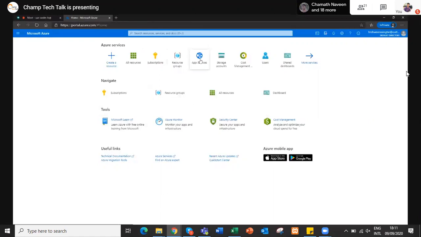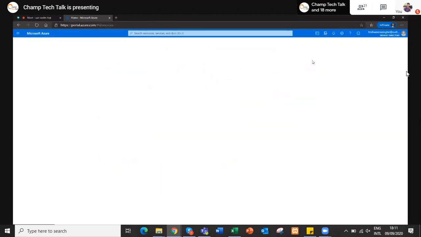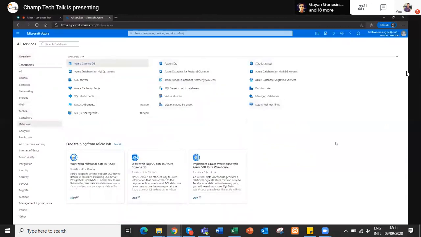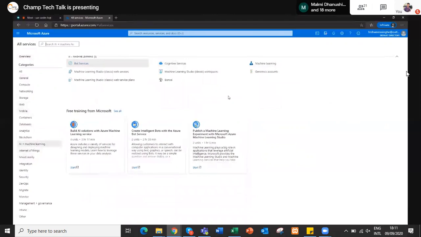If you go to the more services section, you can see there is a huge number of services that Microsoft provides for you. There are virtual machines, app services, static web apps, and if you are talking about databases, you have a huge number of database varieties here. AI and machine learning is the most trending thing these days, and they have their own platform for machine learning related stuff.